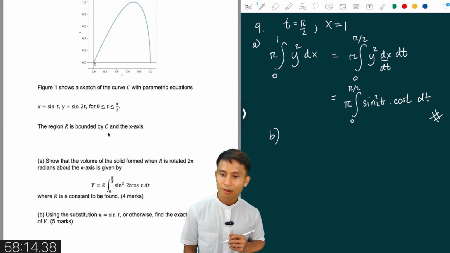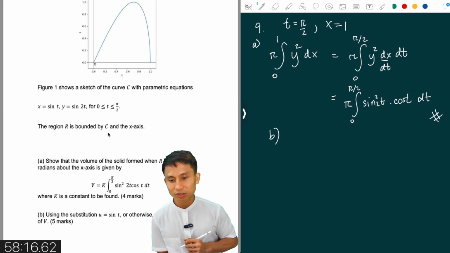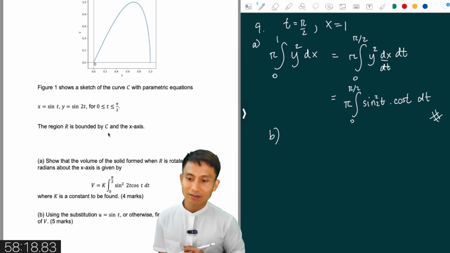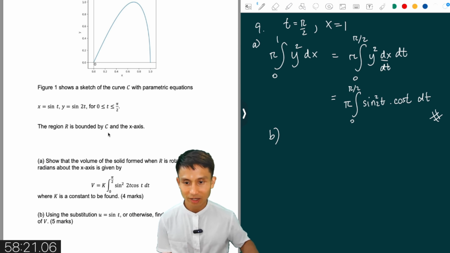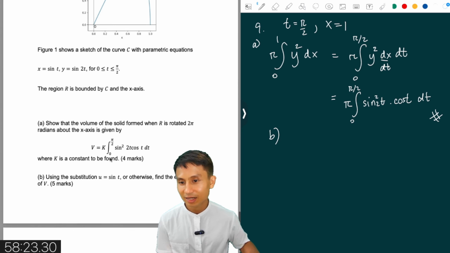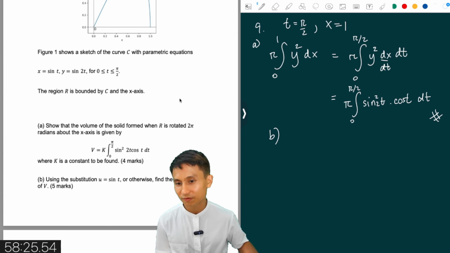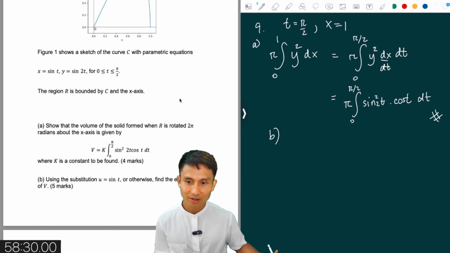Part B. Using the substitution u equals sine t or otherwise, find the exact value of V. Okay, so it's telling us that we should use a substitution u of sine t there. We're going to take that advice, but